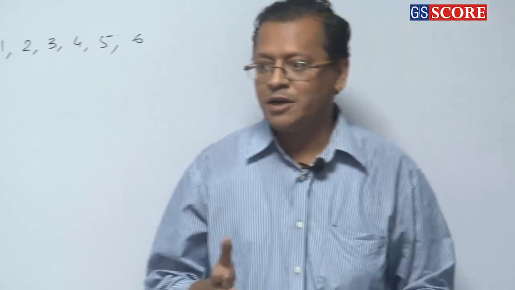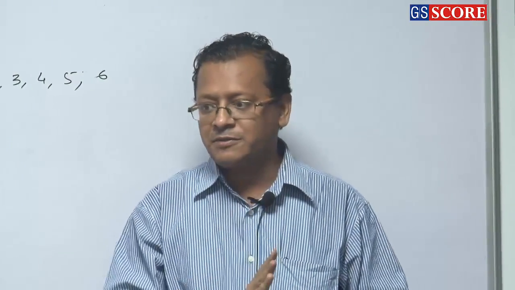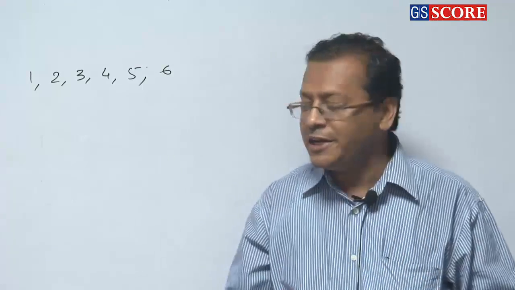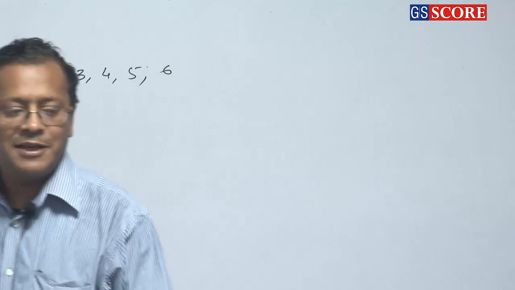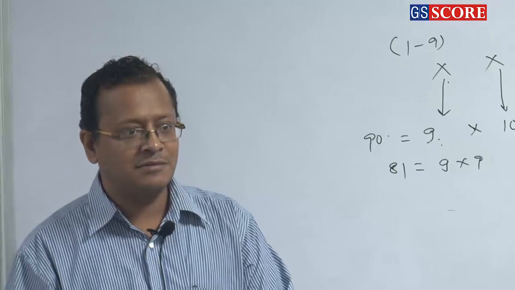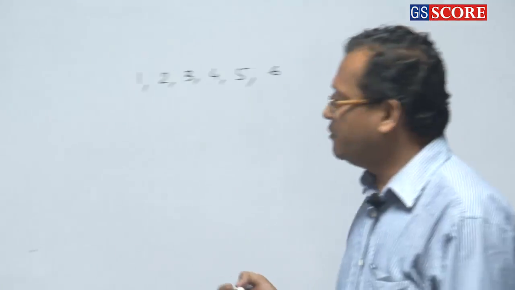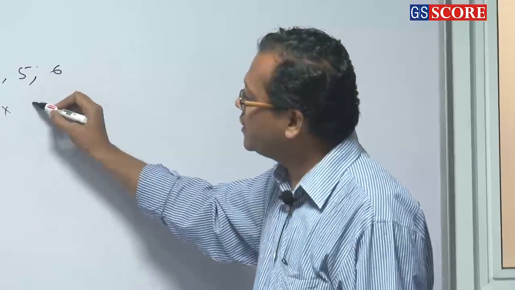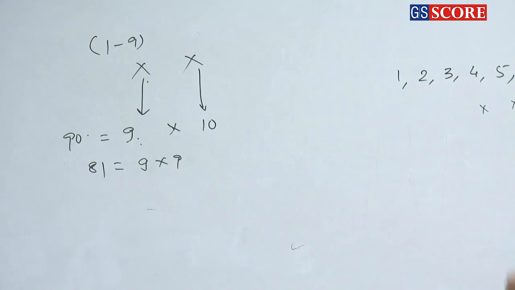Sir, are the digits repeated or not? No, unless I say so, you cannot assume that. So that's why I was expecting a question. So digits can be repeated. It can be 112, 224, 336. It cannot be repeated as well, right? Clear or not? So if the digits are repeated, then how many numbers are there? Can you please tell me? How many 3-digit even numbers?